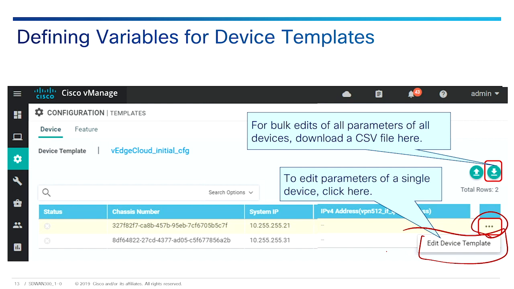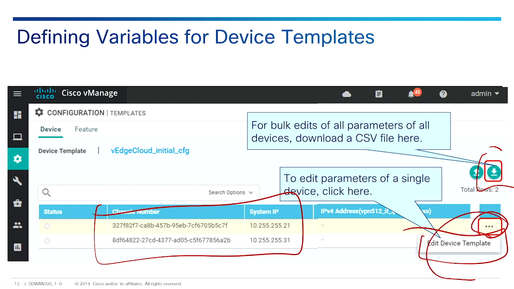By the way, if you're adding like 20 or 30 devices, you can download a CSV of this list. And once you have the CSV, it'll have all of these variables in it, and you can edit that back up and then re-upload it so you're not configuring individual devices, which could get tedious, especially if you have a lot of variables, all right? Because you probably have these ready to go, saying, okay, this device is getting this IP for this interface. That's awesome, but doing that manually is much more prone to typos,